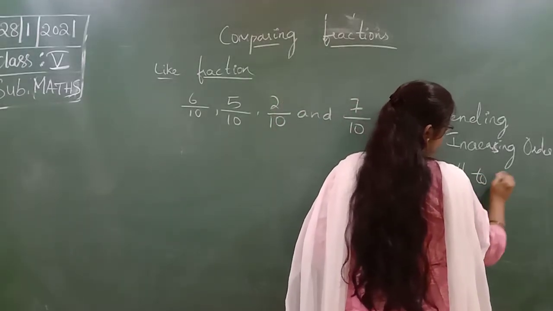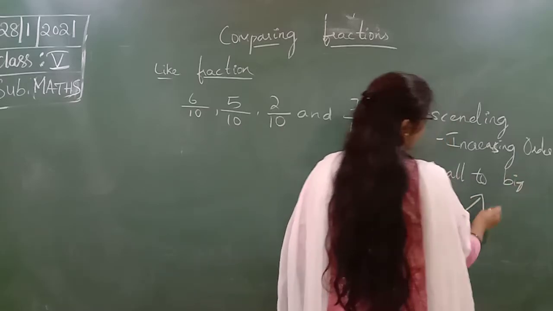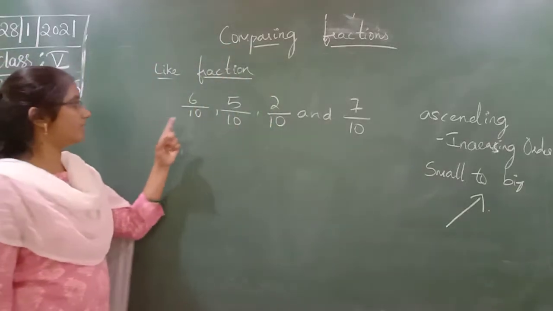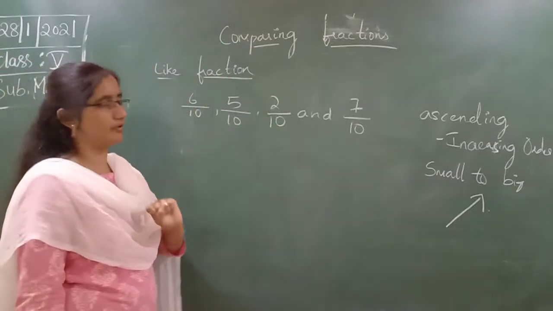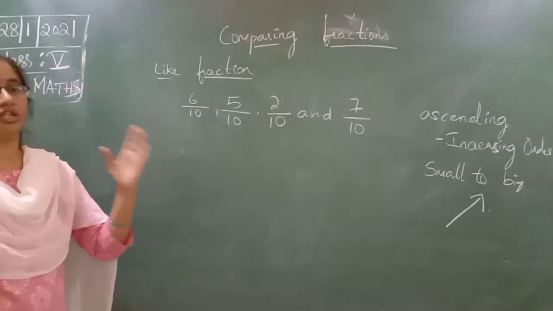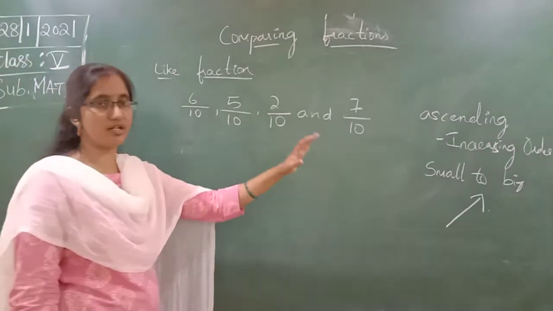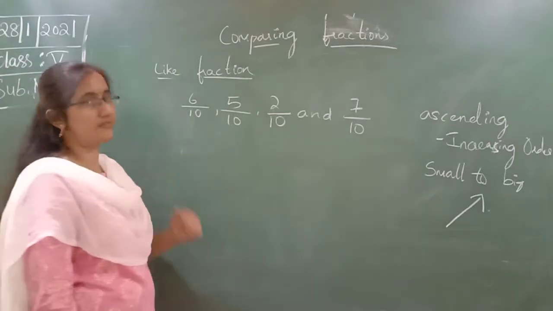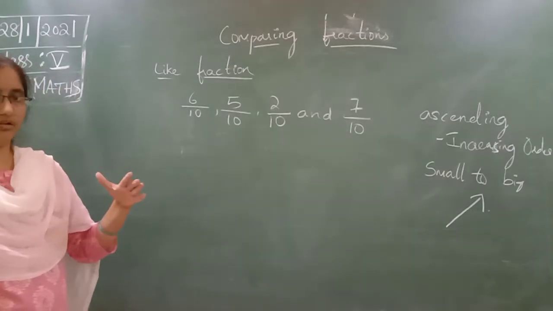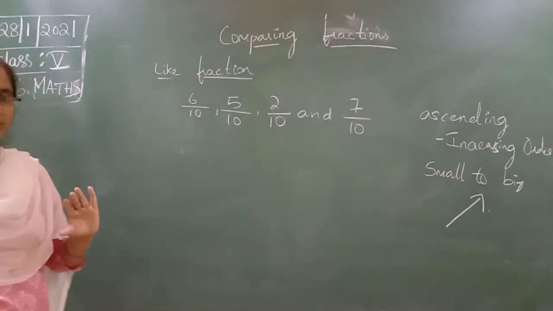Here we have 6 by 10, 5 by 10, 2 by 10 and 7 by 10. Observe that all the denominators are 10. That means the denominators are equal. That's a like fraction. So when the denominators are equal,